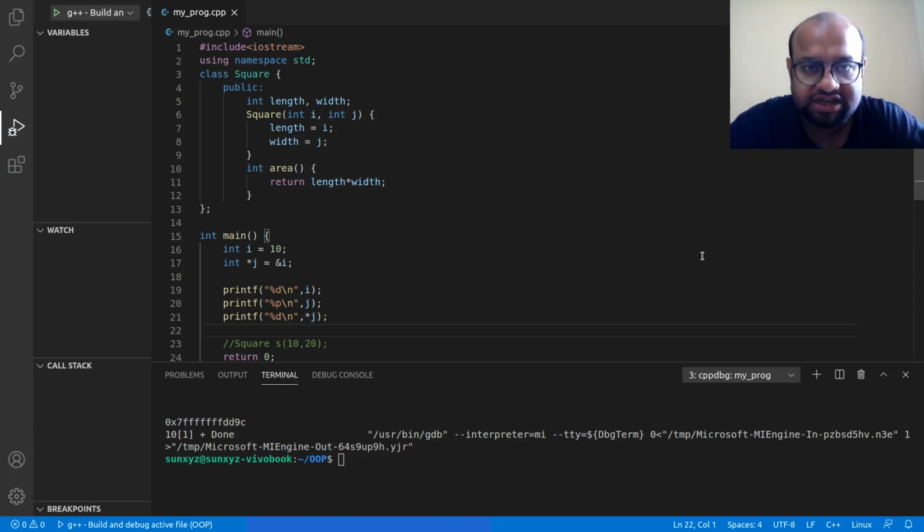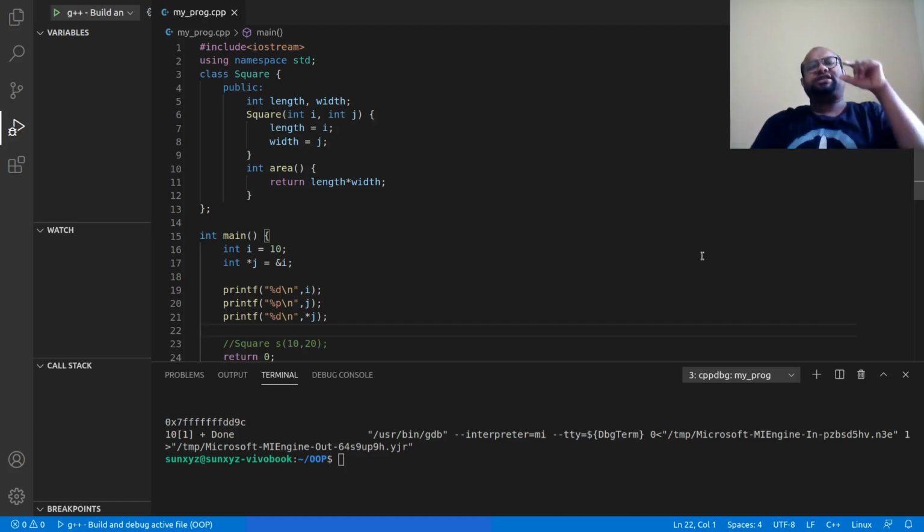J holds the address of I. J itself is occupying some memory in my RAM. Say j is located at memory 2000, and I is located at memory address 1000. So if I go to memory location 2000, what I am going to see is 1000.